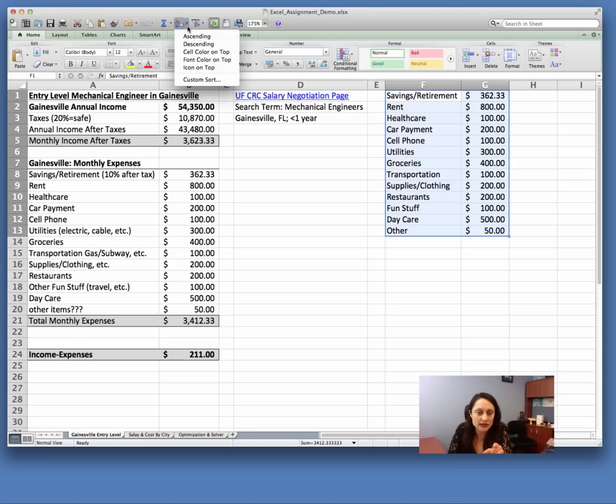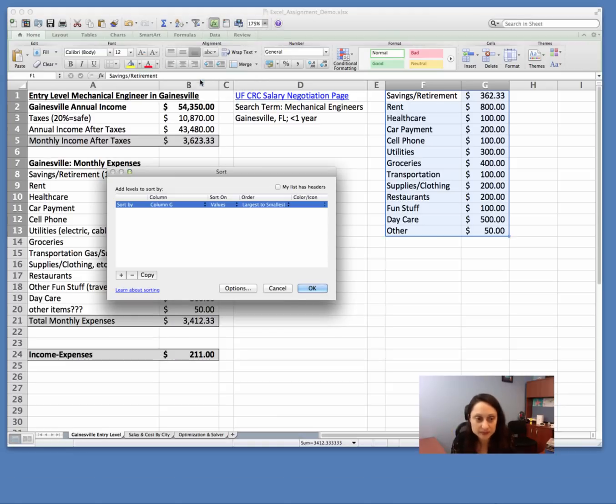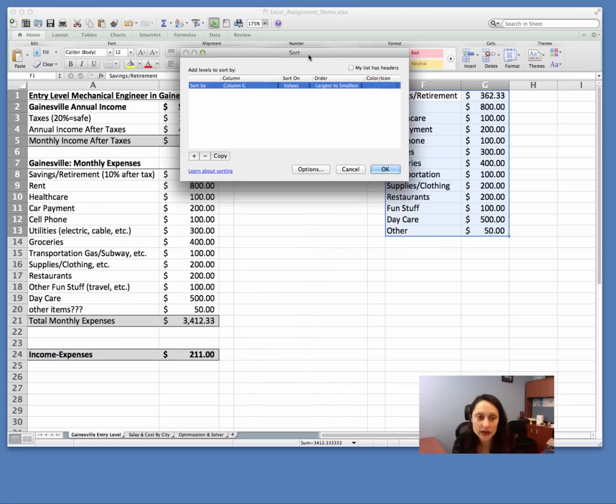would sort it based on the first or the leftmost group of items I have, and those are words. So it would sort it alphabetically by those words, not by my dollar amounts. So I'm going to do a custom sort to say, no, look at the dollar amounts. Sort this group by those dollar amounts. So I'm going to go down to custom sort,